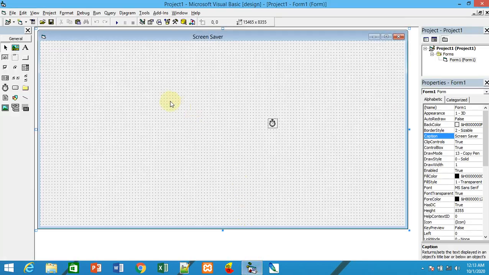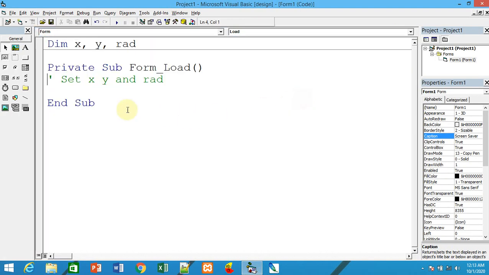But the x and y coordinate should be fixed. In order to do that, you say x is equal to Form1.ScaleWidth divided by 2. Divided by 2 means middle.